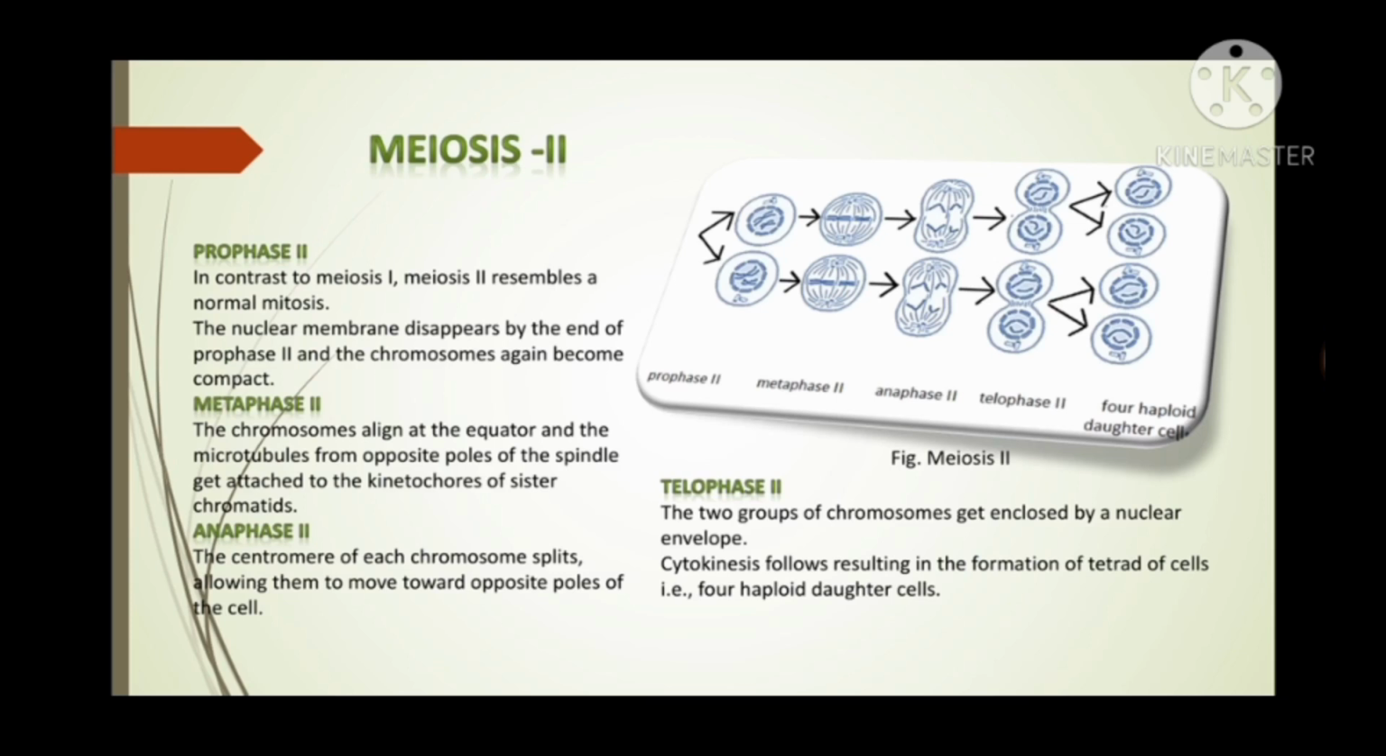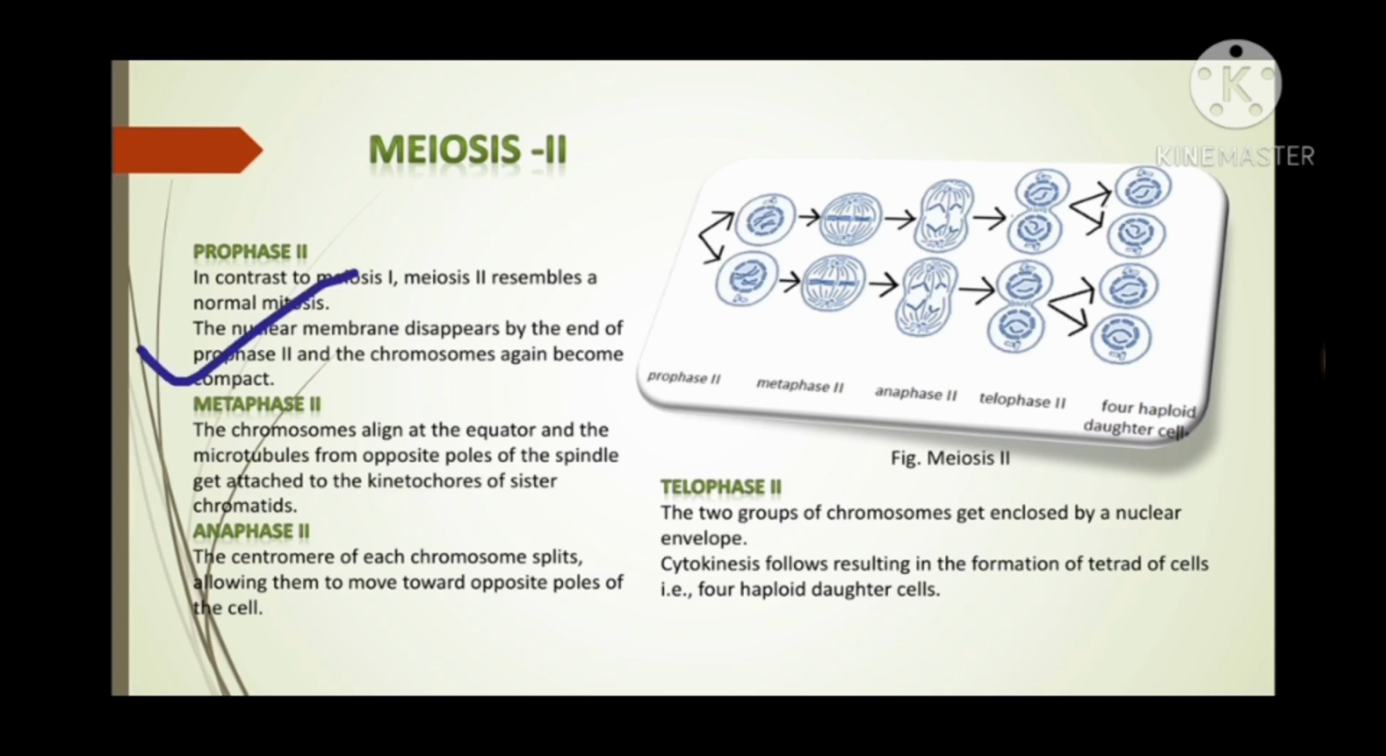In the case of meiosis 2, the first phase, which is known as prophase 2, the nuclear envelope disappears, जैसा कि हमने माइटोसिस में पढ़ा था. And with time, the chromosomes get more compact. At the end of prophase 2, what happens? The nuclear envelope disappears and chromosomes become more compact. तो यही सब चीज़ें हमने पढ़ी थी